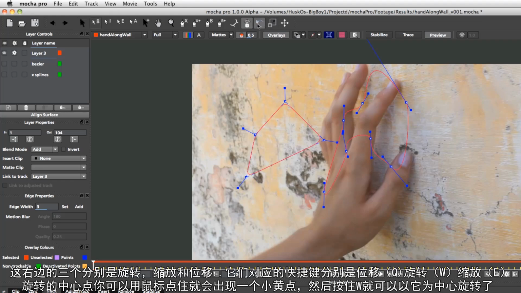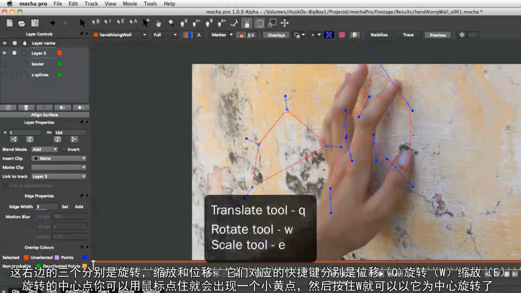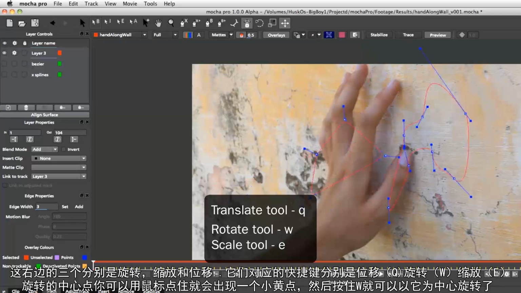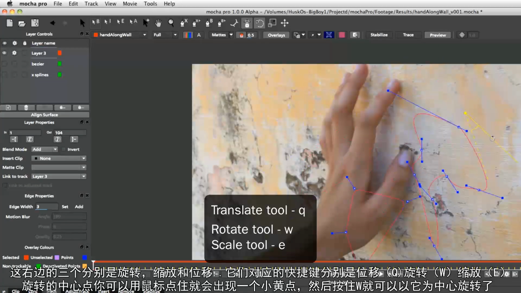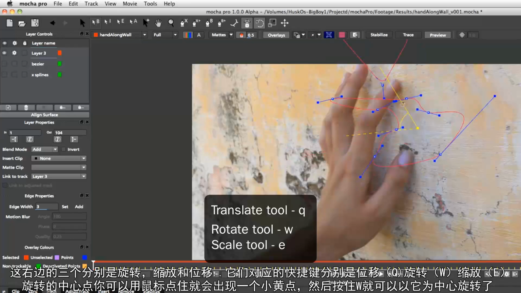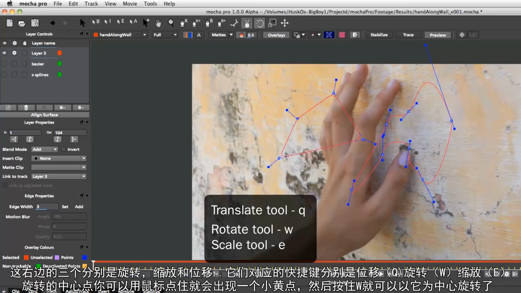The next ones along are rotate, scale, and translate. And these are, again, other keyboard shortcuts I'm going to let you in on. So we have Q, W, and E on the top line. These are other ones that will let us switch between them just by pressing and holding them down. So Q is translate, W is rotate, and the place that it rotates around is the point at which you start clicking and dragging,